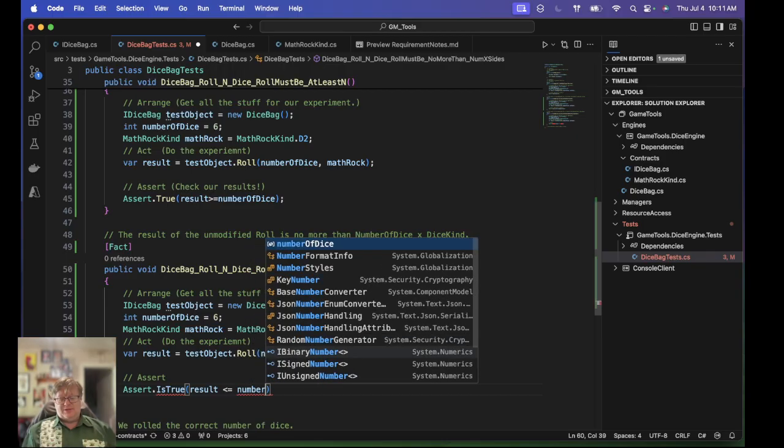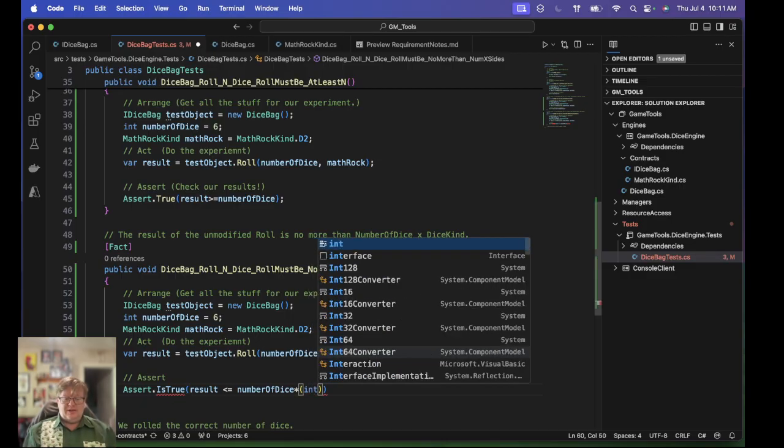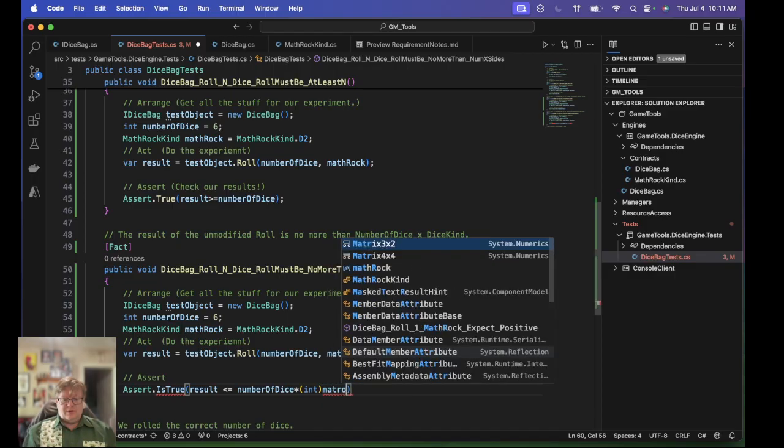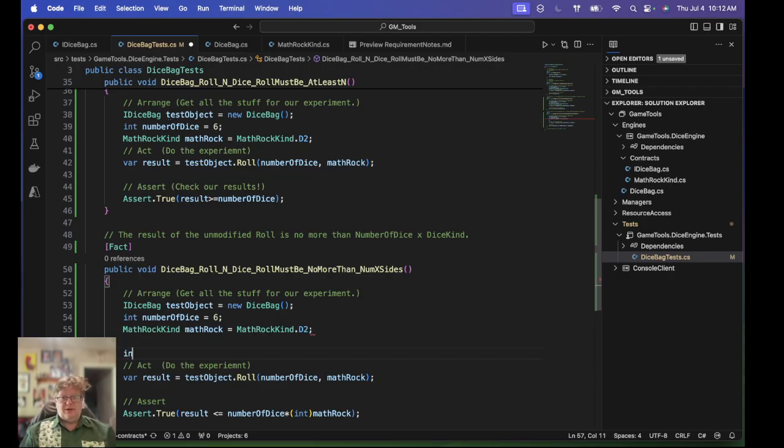Now we could do this times int mathrock. We can't use is true because xunit doesn't have that method. It's just assert.true. So result is less than or equal to number of dice times int mathrock. That doesn't really read well. So